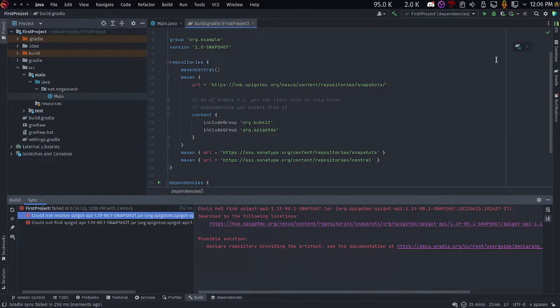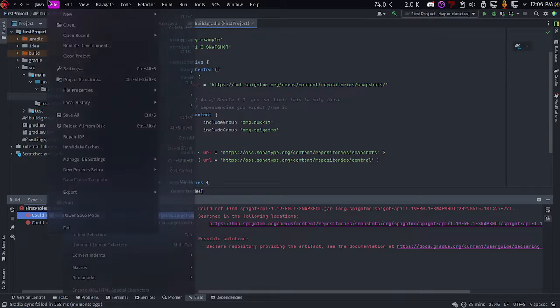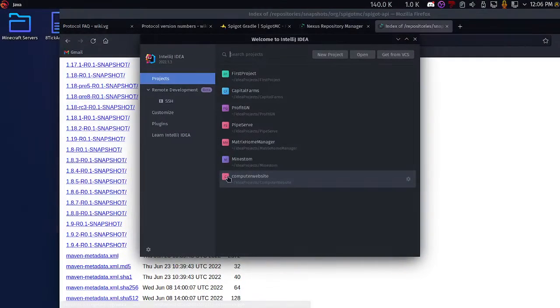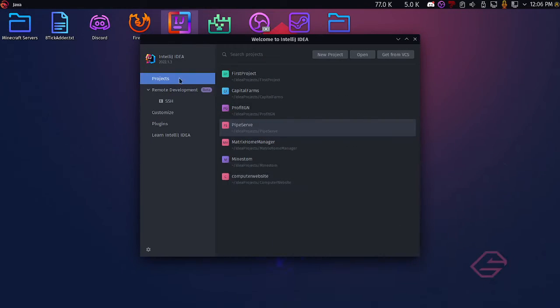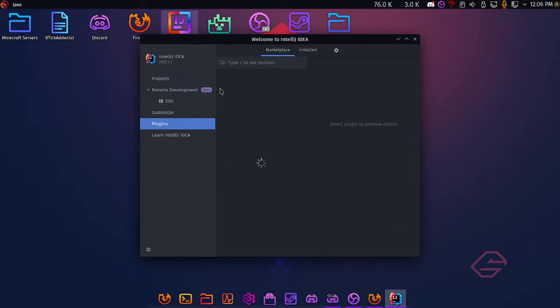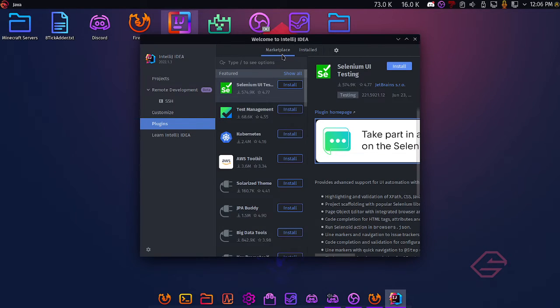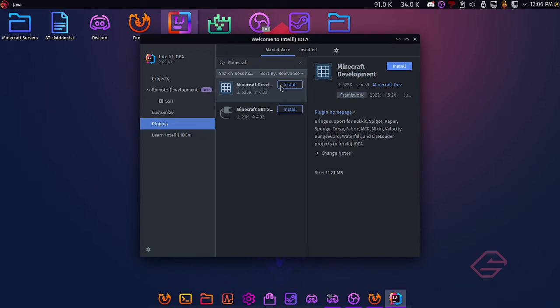Alright, so this doesn't want to work, so we'll try something else. You can close this and go to your plugins and make sure you're in Marketplace and look up Minecraft Development right there. And then you can install that,